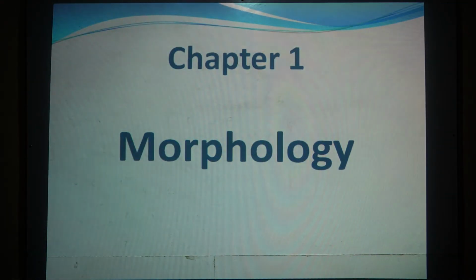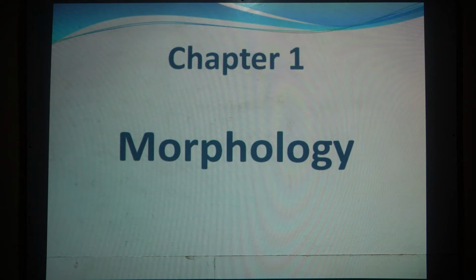The habit of any plant, such as whether it is a herb, shrub, climber or tree, is the morphological nature of the plant. Characters of fruits and seeds, the color of flowers, the color of fruit and the color of seed are also described in morphology. In morphology, we use two terminologies: descriptive morphology and interpretative morphology. So, what is descriptive morphology and what is interpretative morphology?